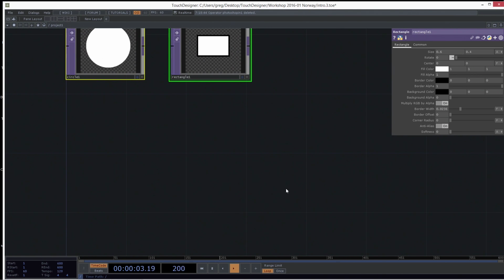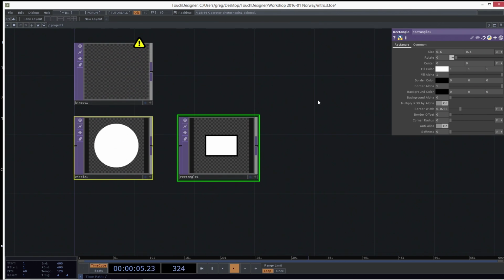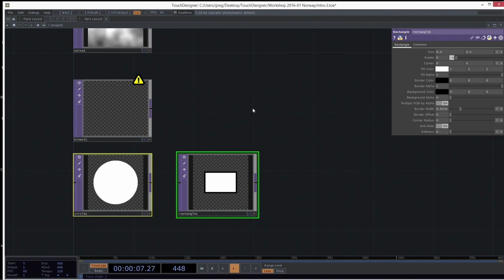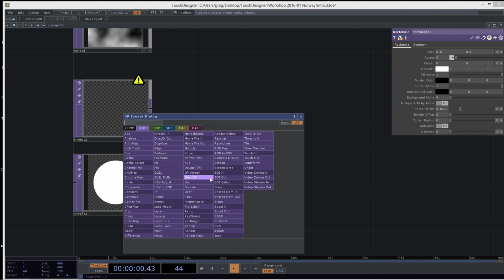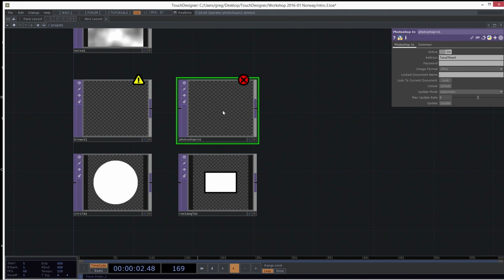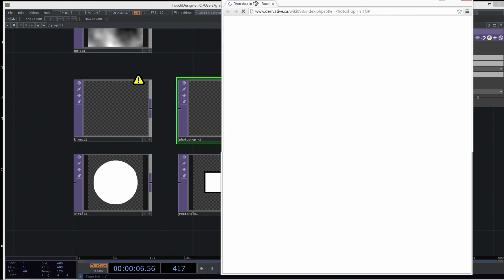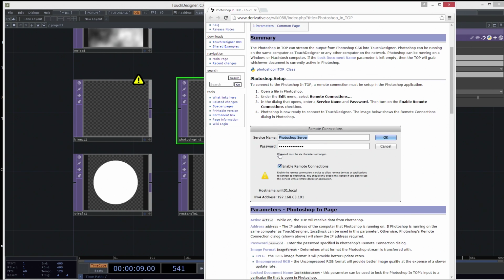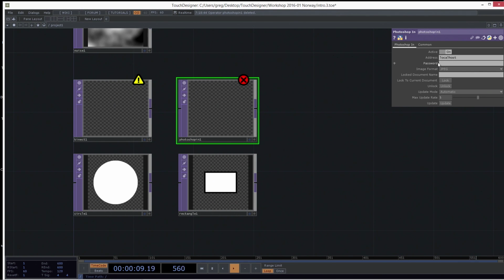For the Photoshop In, do you need to do anything in Photoshop to get it on the other end? There's a setup, but it's all documented here. It's called Remote Connections under the Edit menu in Photoshop, and then you set up the name of the server and password. It'll give you the IP address, and then you put that information into here. There's a password, IP,